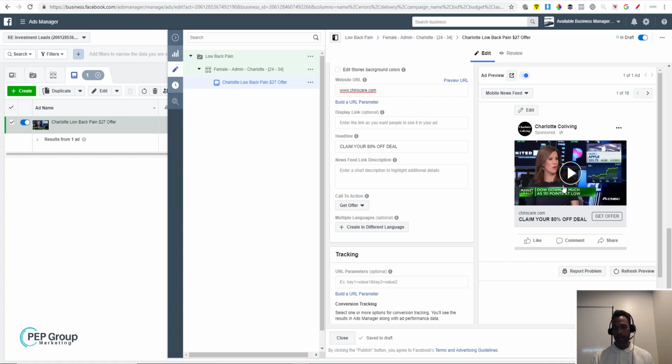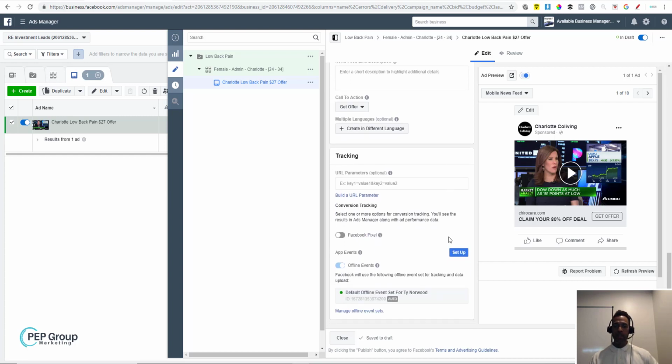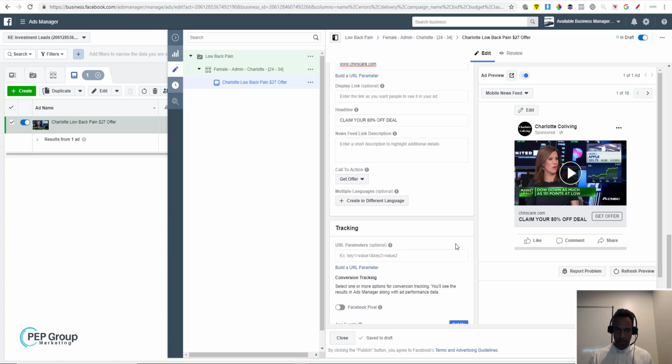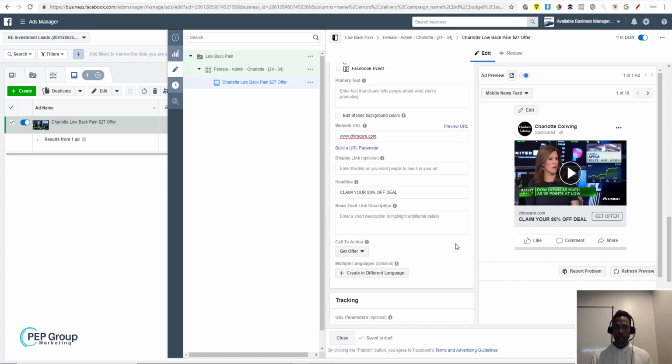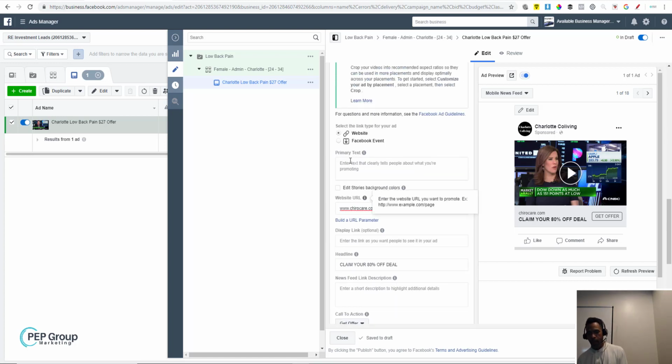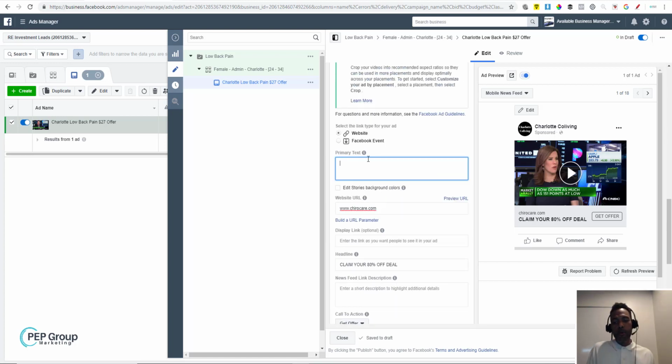All right, and this is why the video is so important, because when you're scrolling through the feed, this is what people are going to see. Okay, so I'm going to scroll back up here to the primary text. This is where, in the ad copy part, you're going to cover this piece, but this is where you would put your